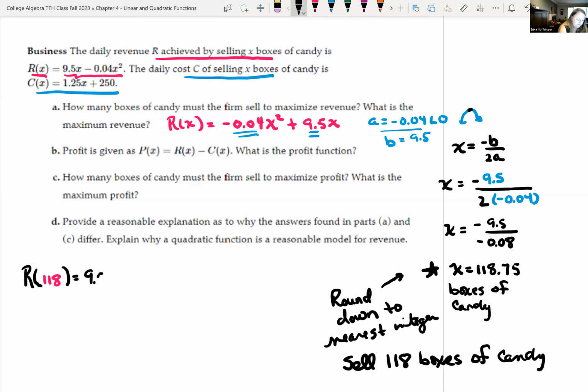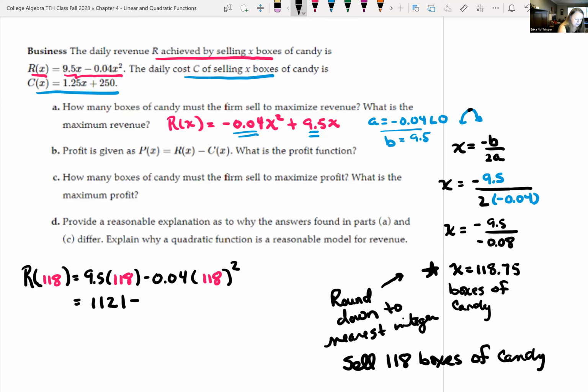So we have 9.5 times 118 minus 0.04. See an x there, so plug in 118 quantity squared. So 9.5 times 118. This gives us